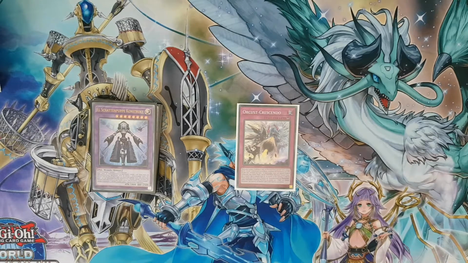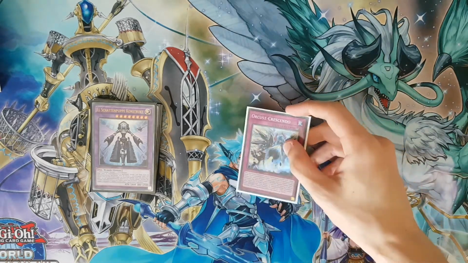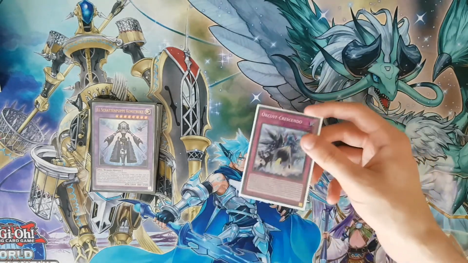So in case you somehow don't manage to OTK, for example, they say Valor for the Borrelsword Dragon, Orcust Crescendo can help you OTK them on turn, deal the last damage on turn 4, because they will have a hard time playing with